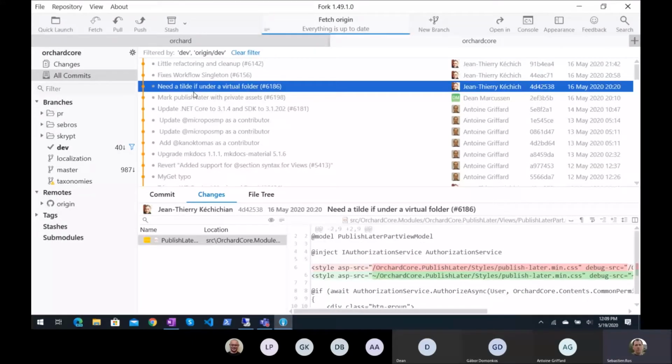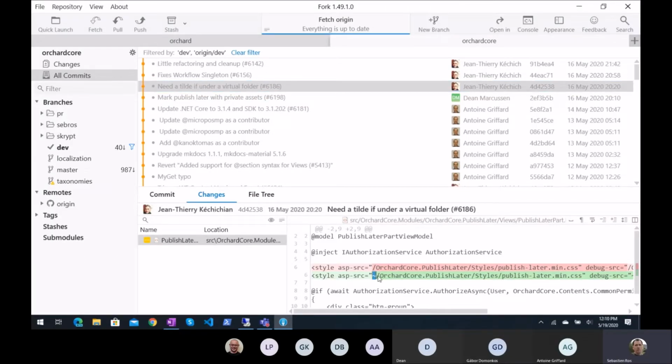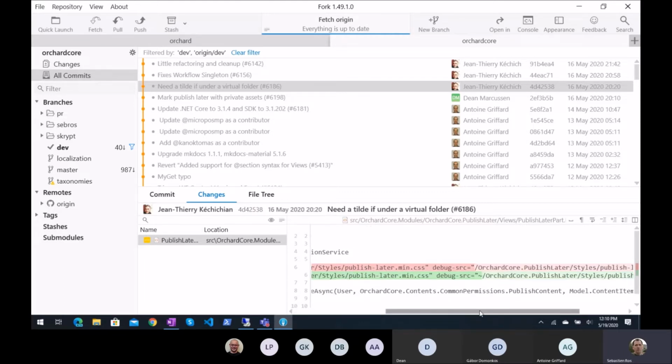That's okay. Need a tilde if under literal folder. So Chantry confirmed that it is necessary, and his explanation about why it's necessary doesn't convince me at all, but well, it's necessary because otherwise it doesn't work. That's a good reason. Why it doesn't work without it is confusing, however,